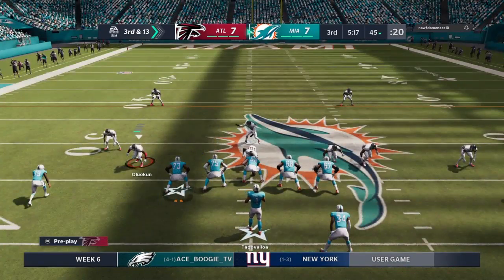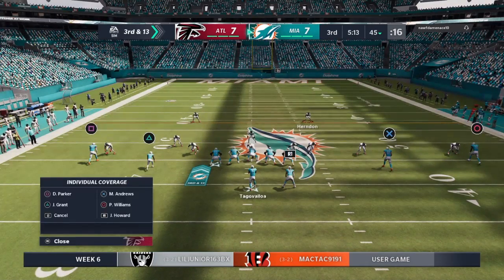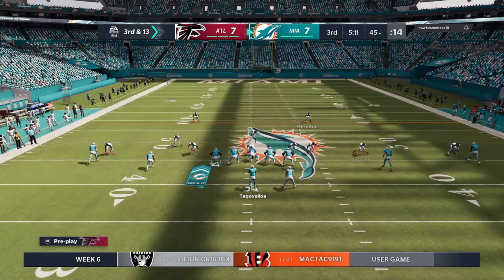Ready, set. Okay, double up. 45. Mike, 45. You ain't got